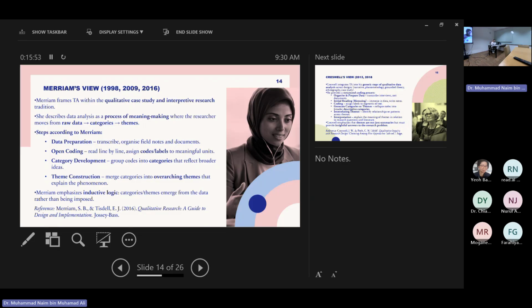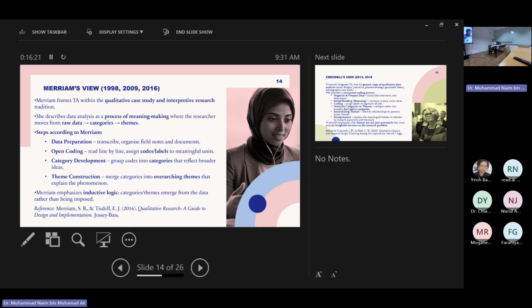Steps according to Merriam: data preparation, for example, similar to Braun and Clarke, familiarize yourself, transcribe, organize notes and documents. Open coding: read line by line, assign code labels to meaningful units, or annotation. For example, the participant said that my family earns 1,000 ringgit per month.